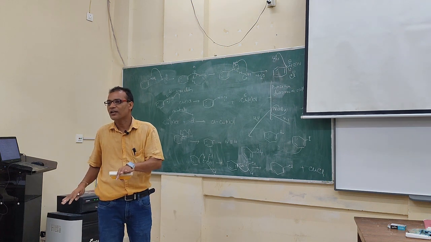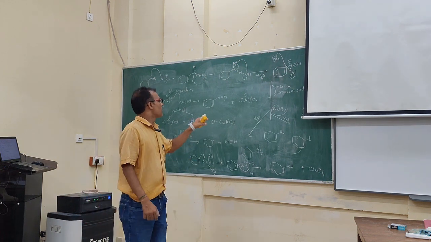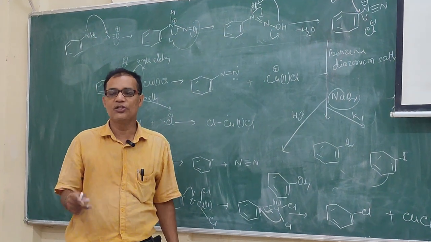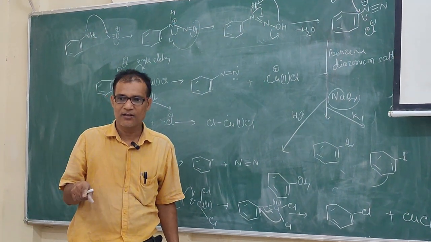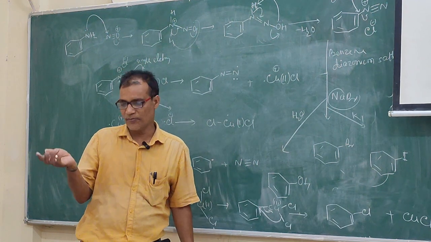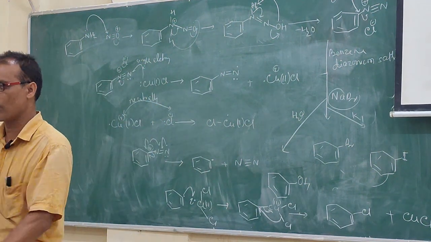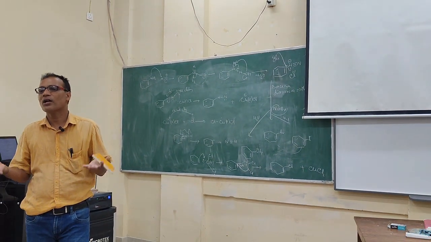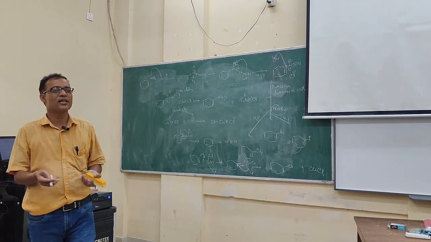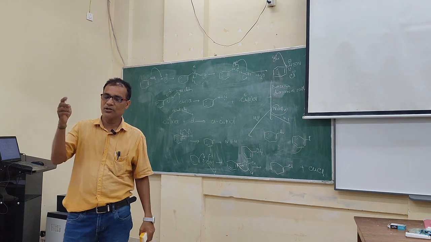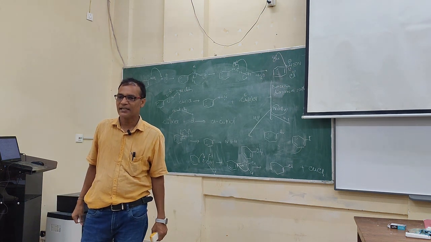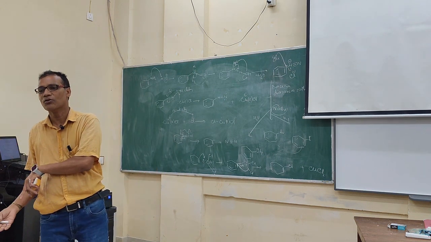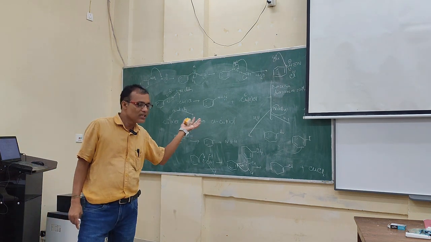So for Sandmeyer, suppose you want to make phenol and you have the diazonium salt, you have to use copper hydroxide. Am I correct? Copper 1 hydroxide. If you want to make chlorobenzene, you have to use copper 1 chloride. If you want to make iodobenzene, use copper 1 iodide. And if you want to make cyanobenzene, you have to add copper 1 cyanide. And at the end, that copper 1 will be converted to copper 2. And the reaction mechanism clearly goes with a single electron transfer mechanism.